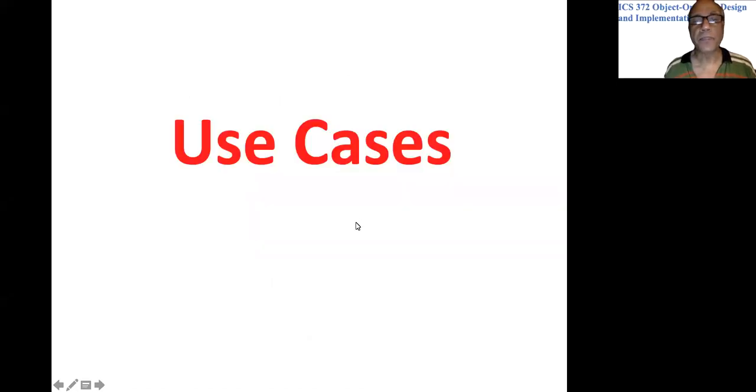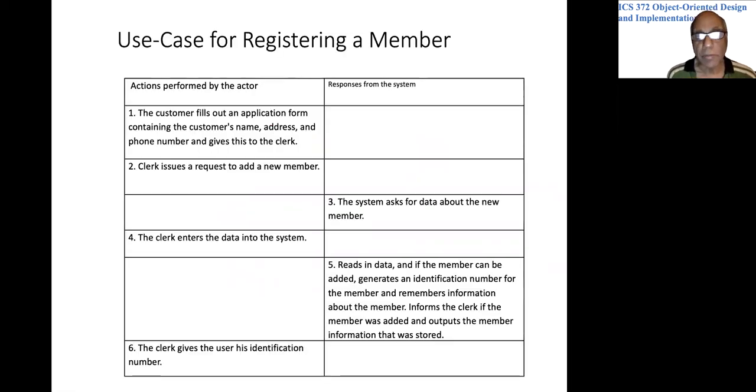In this video, we are going to see examples of use cases. So let's first take a use case and then make some remarks about what they look like, their properties and such things. Okay. So we are talking about a library system, and we know that there is something called